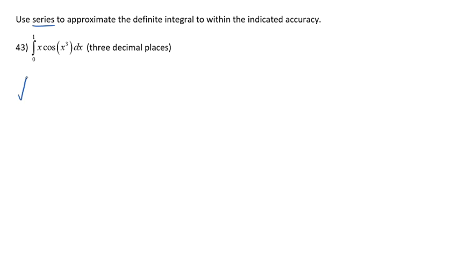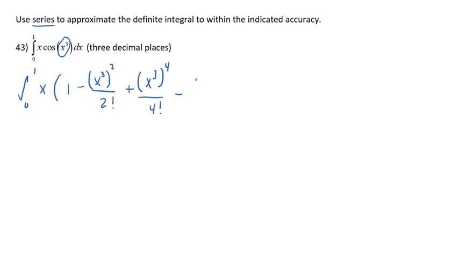So what we first want to do is the integral from 0 to 1 of x times. Now I want to do the polynomial expansion. The reason I'm doing this is because polynomials are much easier to integrate than cosine of x cubed. So cosine's an even function, notice, so that's why I've got 2 there. But instead of having x on the inside, I'm going to have x cubed on the inside because that's what I'm replacing in for that in this particular polynomial. So I'm just going to write out a couple of my terms so far. I'm going to leave my numbers as factorials for a bit, but